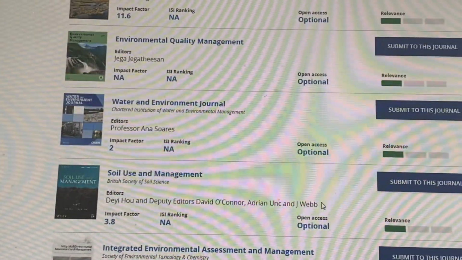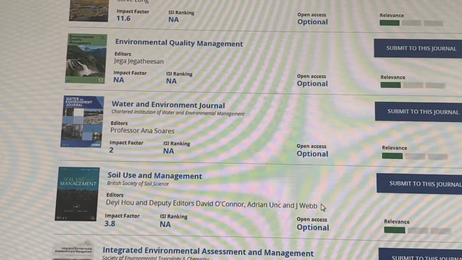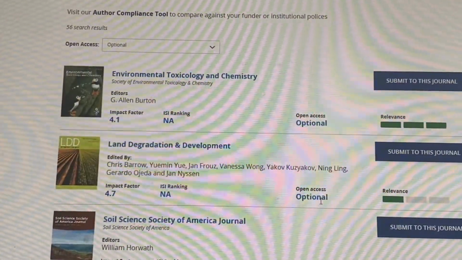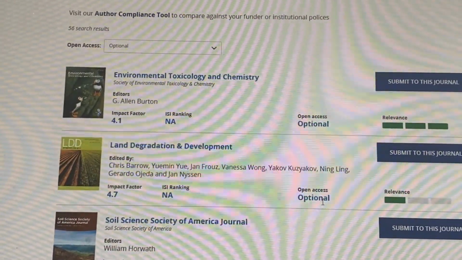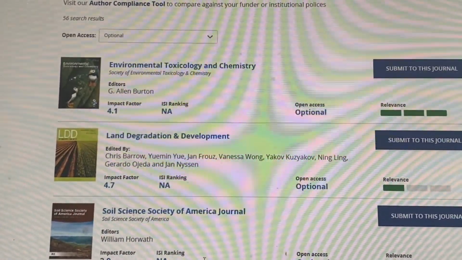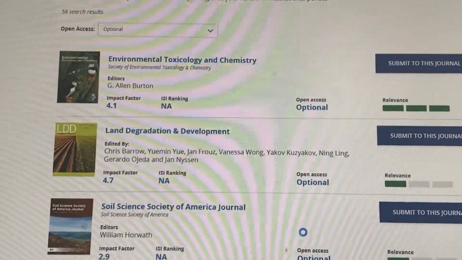So for example, when I key in the story journals, this is what I find. You can see on your left the impact factors, and also it gives me the options and the level of relevance, unlike Elsevier where it gives you the percentage of relevance when you key in there.